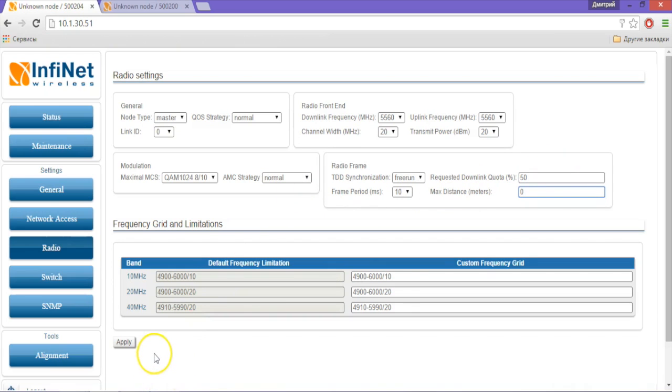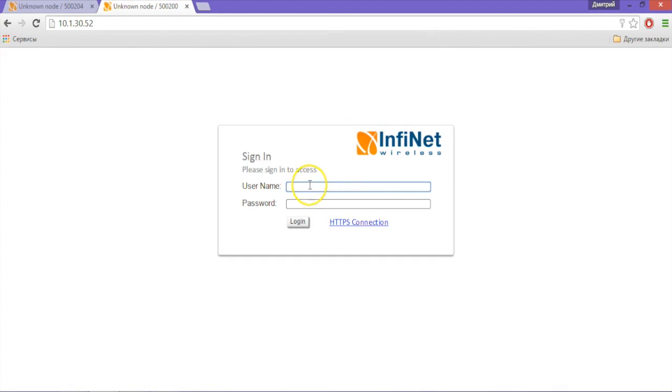Press apply, then relogin to our units, remote and the local one,